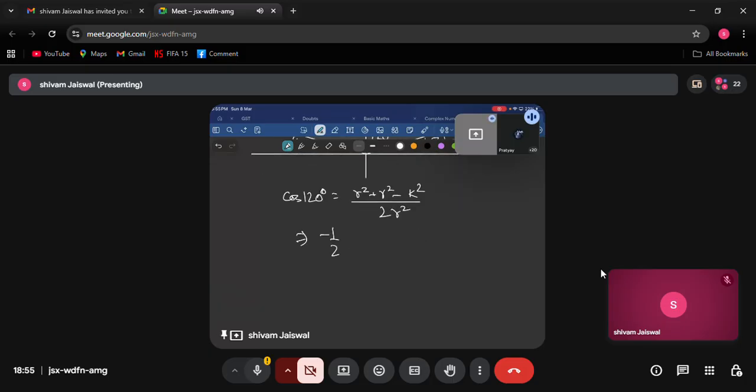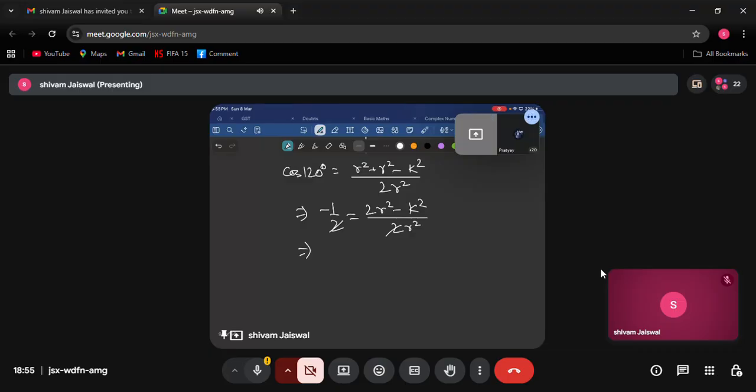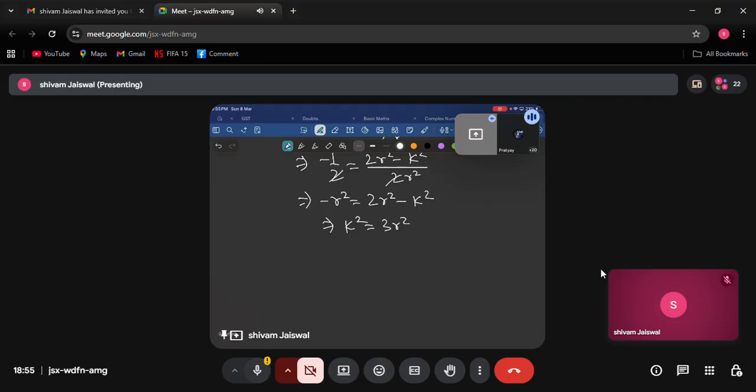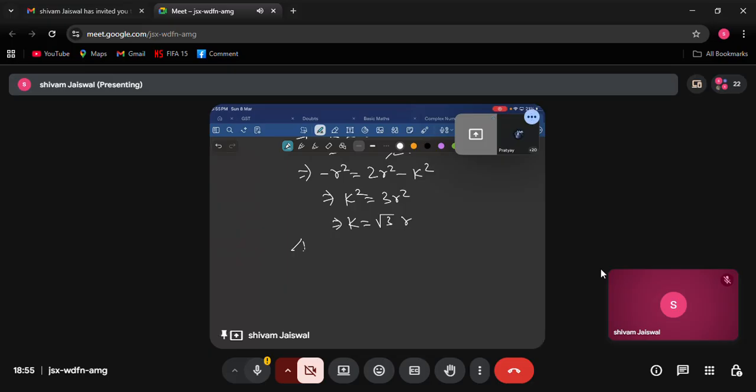This implies minus half is equal to 2R square minus K square upon 2R square. Now the 2 gets cancelled. From here we get minus R square is equal to 2R square minus K square. So K square is equal to 3R square. That means K is equal to root 3 R. Now what is the area of the triangle? Area of the triangle is half into